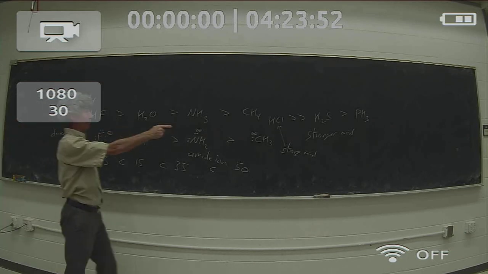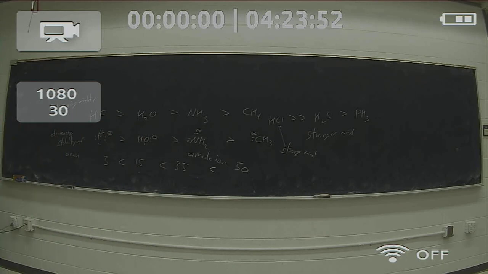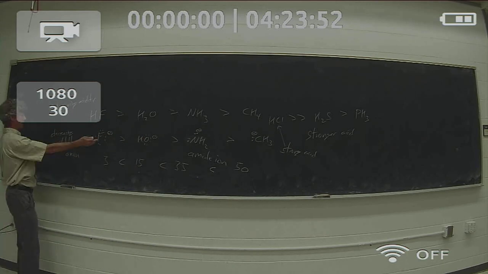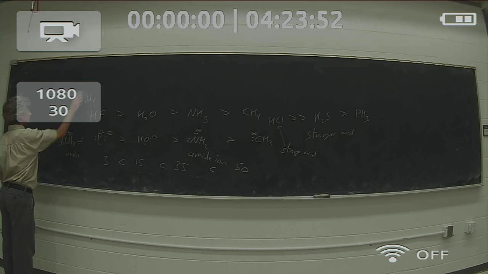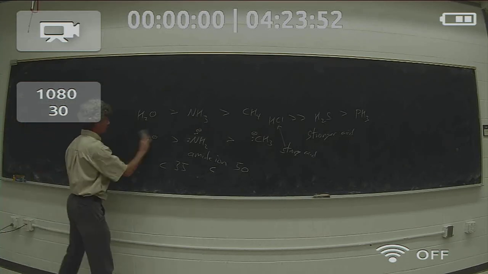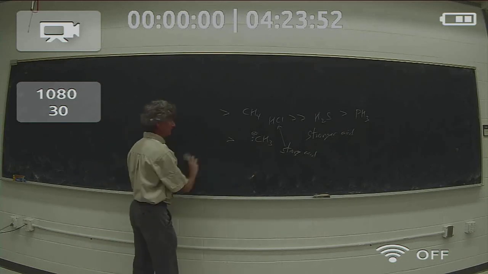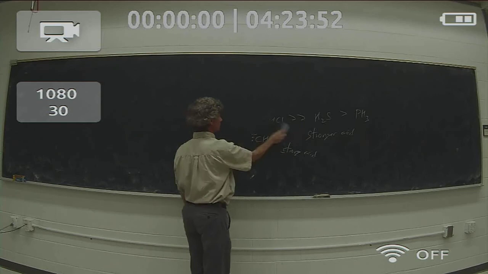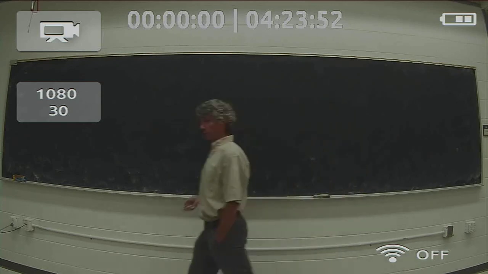Again, same row, right? These are the third row, these are the second row. Electronegativity stabilizes the anion. So fluoride is a more stable anion than hydroxide. Hydroxide is more stable than NH2 minus. Polarizability, when you're talking about different periods, same group. Electronegativity, when you're talking about same period, different group. And then finally, as we already talked about,